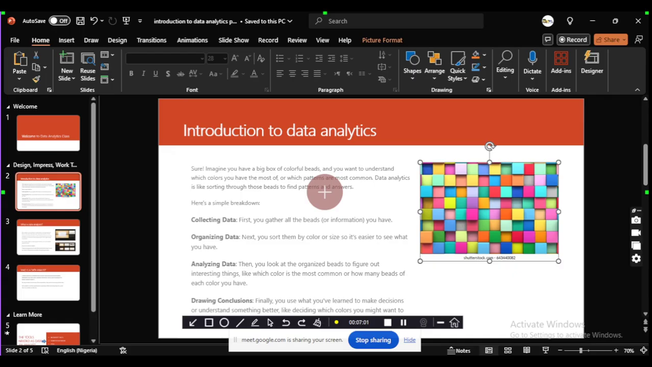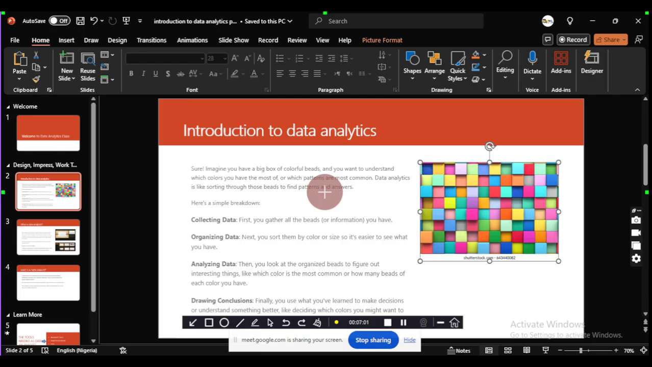Now let's see. First, gather all the pieces. You can see you have the collection of data. Then organize it. How do you organize it? You sort it out. We have blue beads separately, yellow beads separately, brown beads separately, and so on and so forth. After you have been able to separate the same colors together, the next thing is